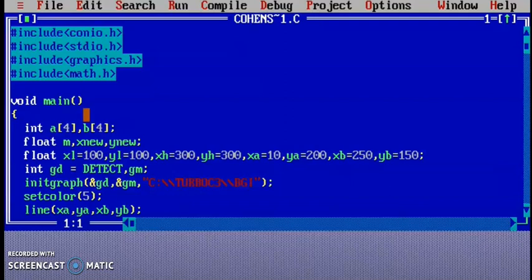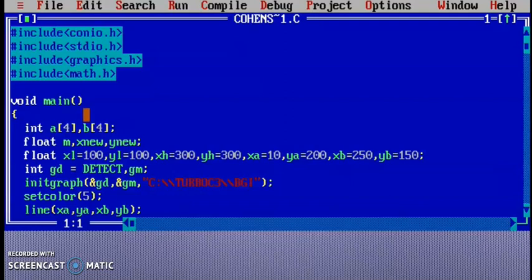Next we have declared float type variables xl equals 200, yl equals 200, xh equals 300, yh equals 300. These four values xl, yl, xh, yh are the points of a clipping window.